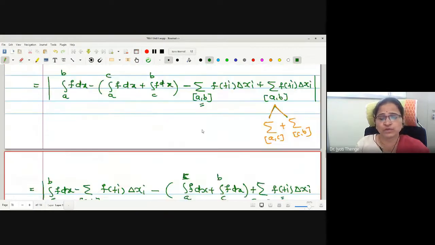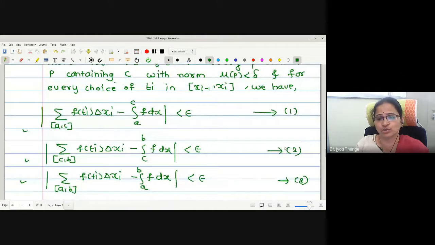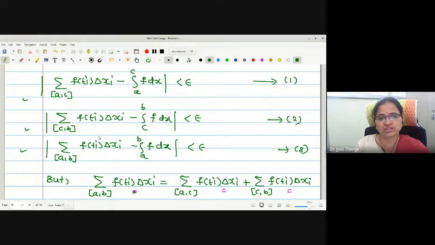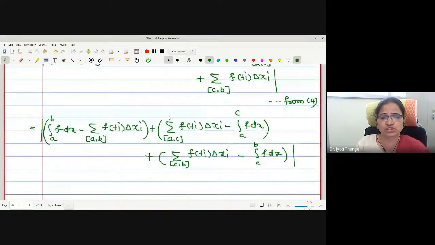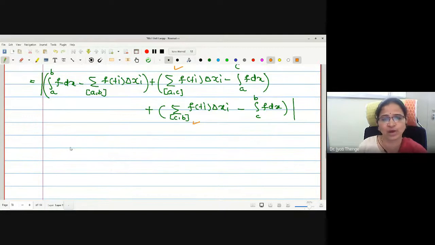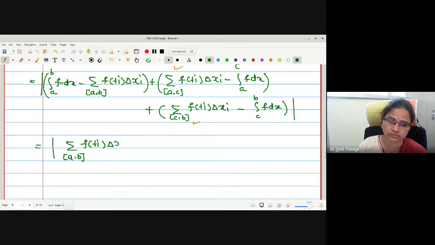Okay. Now, if you just look at these 3, 1, 2, 3, every term in the modulus is less than epsilon. Therefore, either you write sum and integration, if you interchange the position, no difficulty with the second and third bracket. For the first bracket, here I want to interchange, right? So let me use a triangular inequality to separate all the three terms. While separating, I will interchange this position because as we were in the modulus, I can separate, no? So I can interchange. I hope there is no difficulty with this proof.